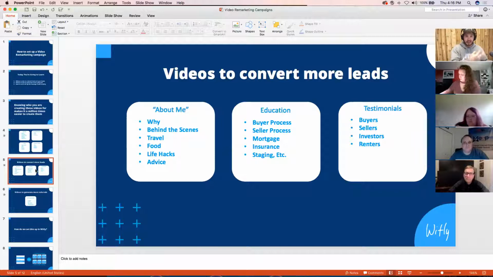There's people that might have to update the home. There's people that might have to clean it. There's people that might have to landscape it. There's a lot of people associated with the transaction. But ultimately, when you create content about the buying process and the selling process, you're demonstrating your expertise to the